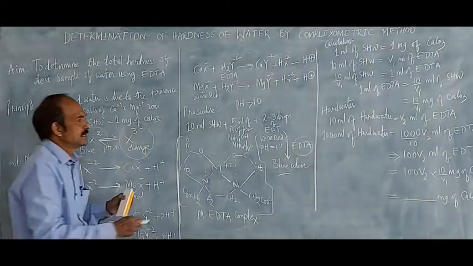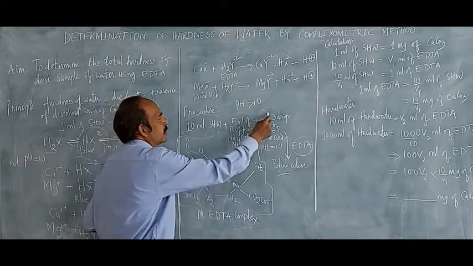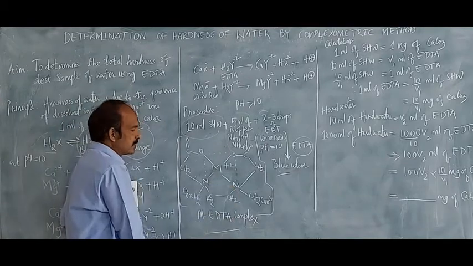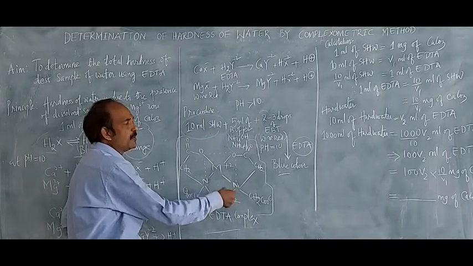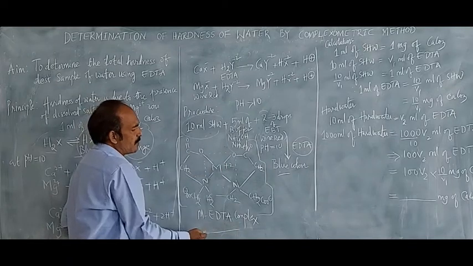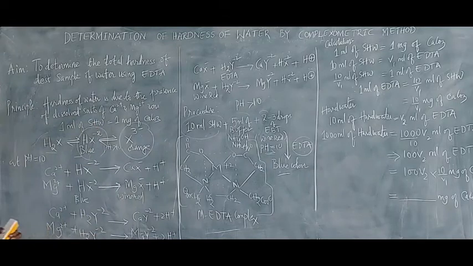Suppose the pH is less than 10. When we add the standard hard water, 5 ml buffer and 2 or 3 drops of indicator, this forms a metal EDTA complex. If the pH is less than 10, the metal EDTA complex will decompose before it gives rise to the end point. So in order to see that the metal EDTA complex is stable, we have to maintain the pH equal to 10. For simplicity, we write the indicator in the form H2X, which gives HX- and X2-.